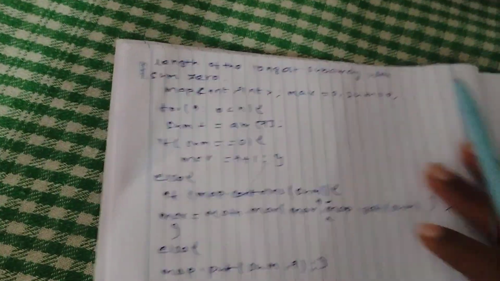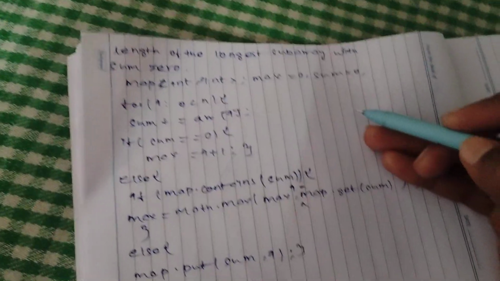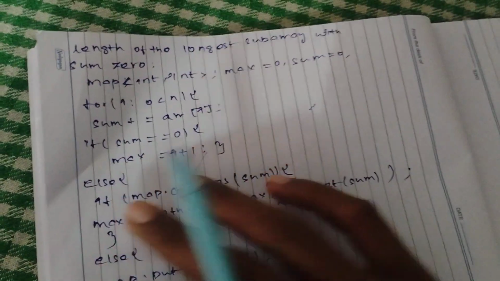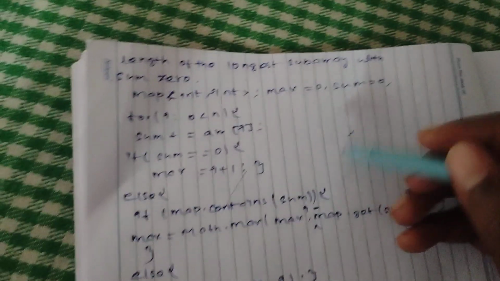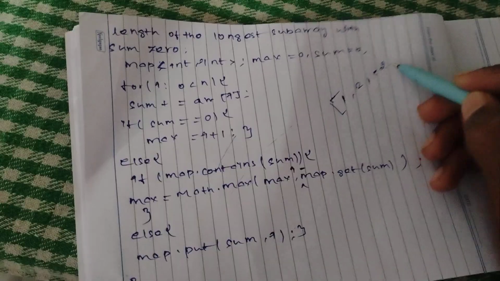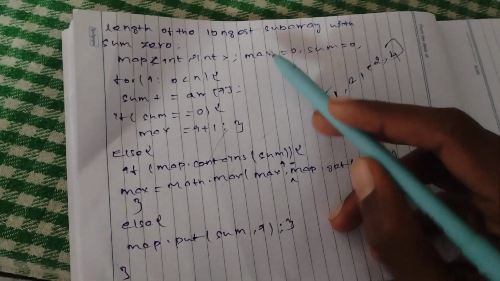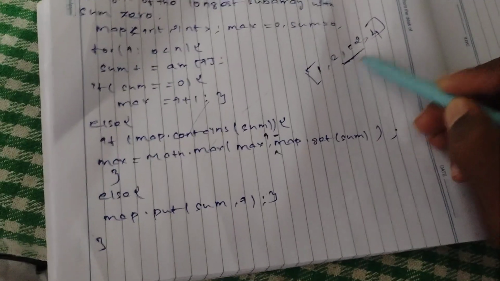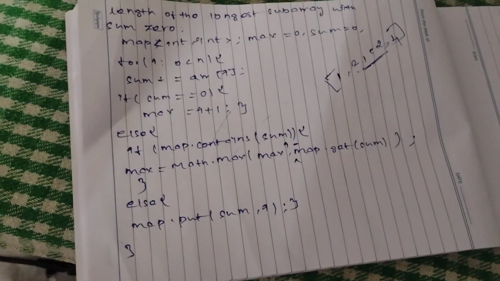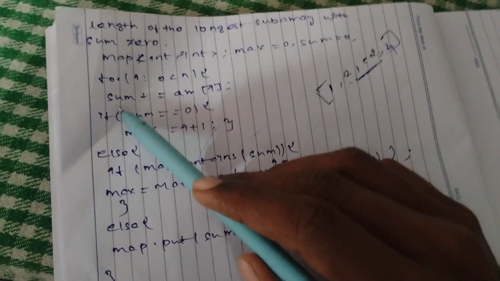And the last problem is the length of the longest subarray with sum 0. This is how it is: they will give something like 1 2 minus 2 4. This means the length of the longest subarray with sum 0 is 2, because 2 minus 2 will become 0. So for this we have to use